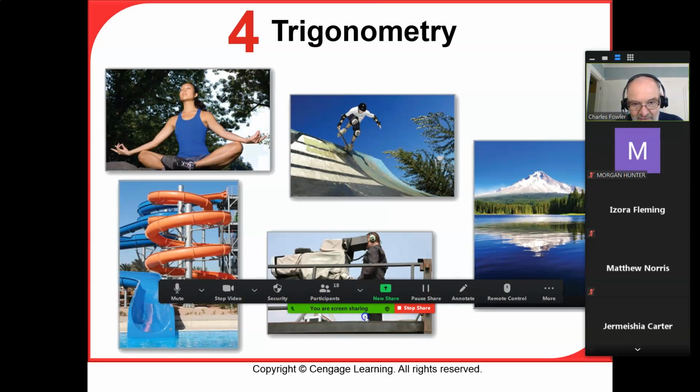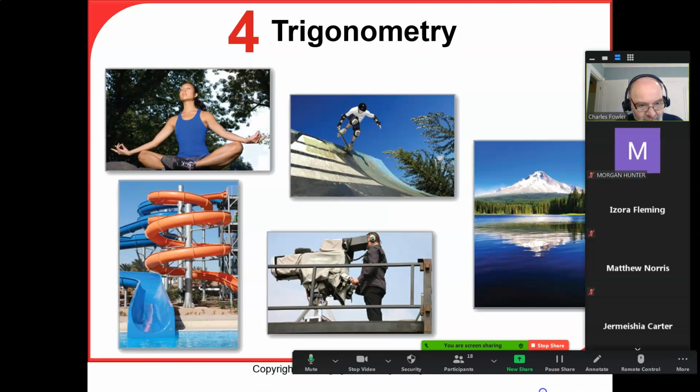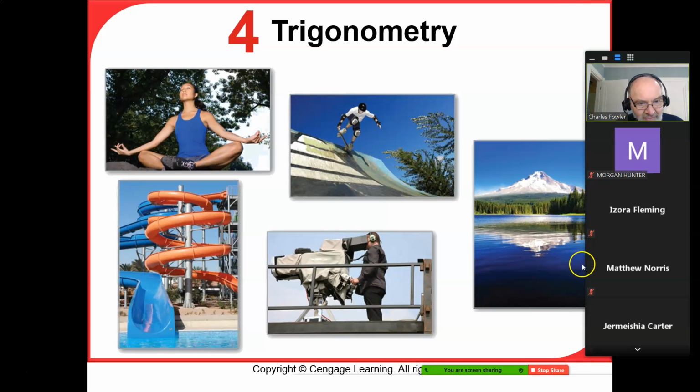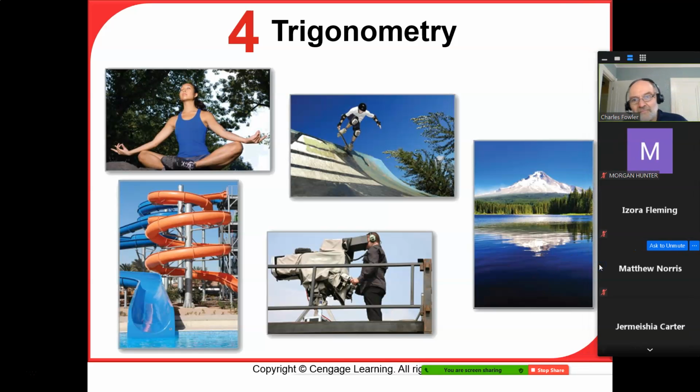Now, let me scoot this out of the way. You can't see what I'm doing, and I'm also going to move Matthew. You're in the way again, Matthew. Okay, I'm going to scoot you over. So, you got that as your screen. However, we're not going to start there yet. Let's start. Are there any questions before we begin? Okay. We will then start on, it's the very last thing in 4.1,